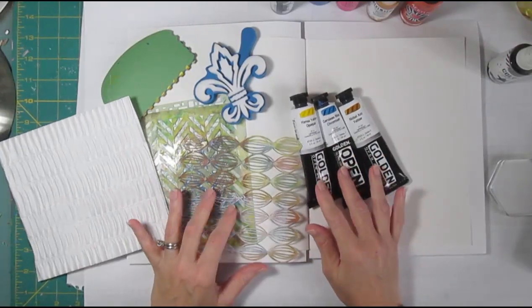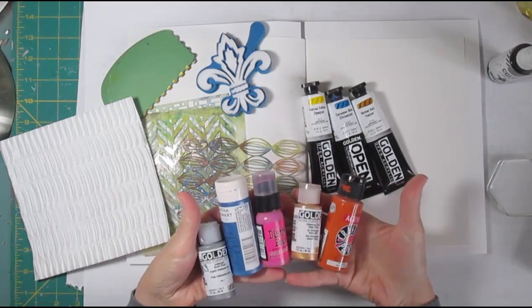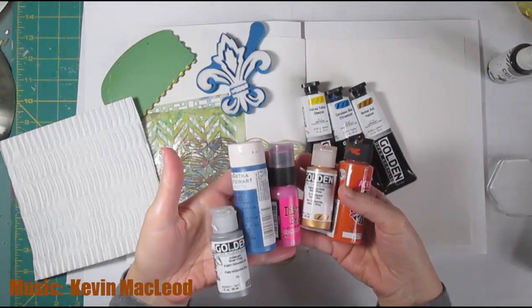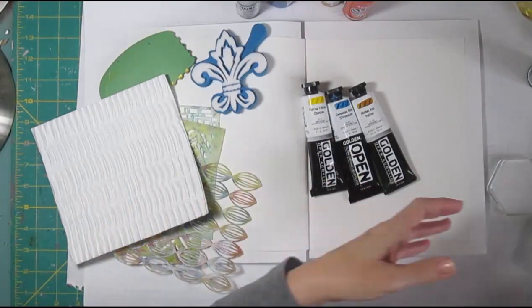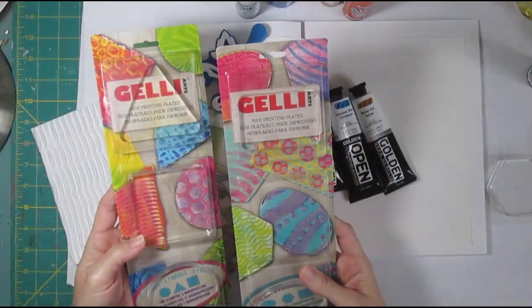It's Lisa. I'm going to be doing an art journal page, and I've got some of my paints out here that I've pulled for today. Thinking about adding a little bit of metallic to this page, including some mist. I've got some stencils and all because I'm going to be working with some new jelly plate things, these new